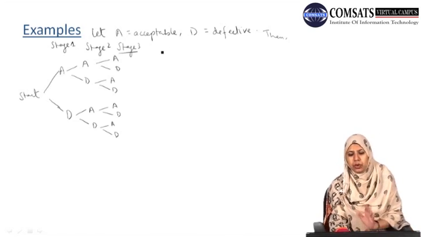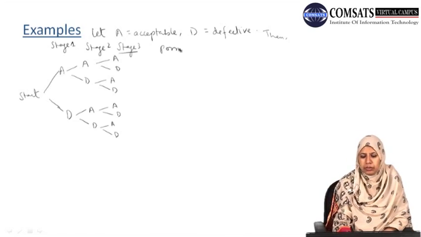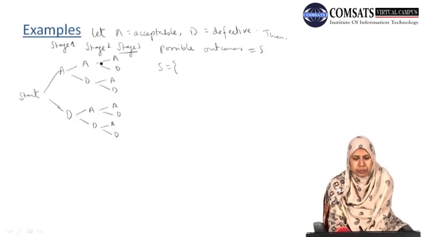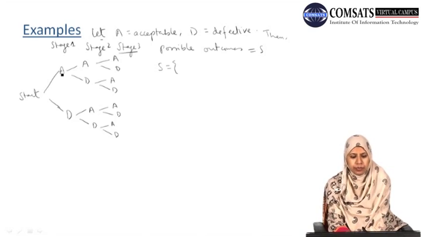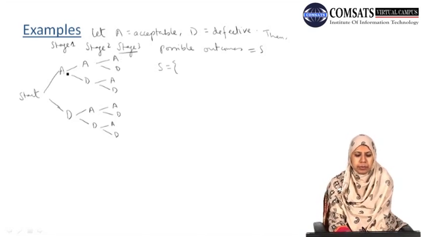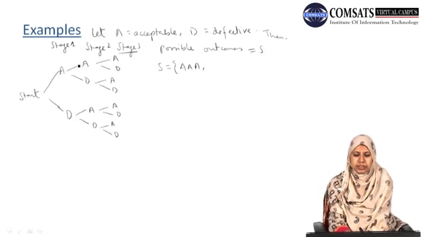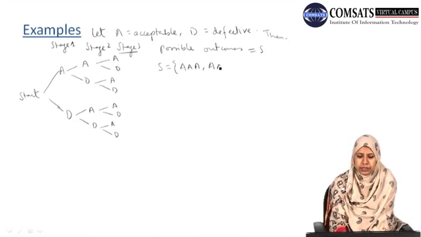Okay, now we write our possible outcomes, which is our sample space S. Our sample space S will consist of a manufactured product consisting of 3 parts. First case, when all the 3 parts are acceptable, A. So this is our first path. Second case, when the first part is acceptable, second part is acceptable, and the third part is defective, that is